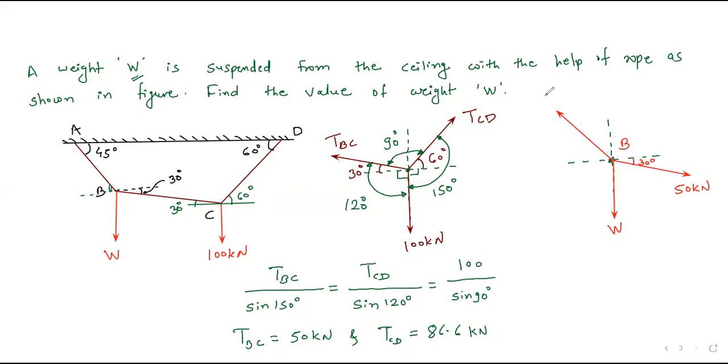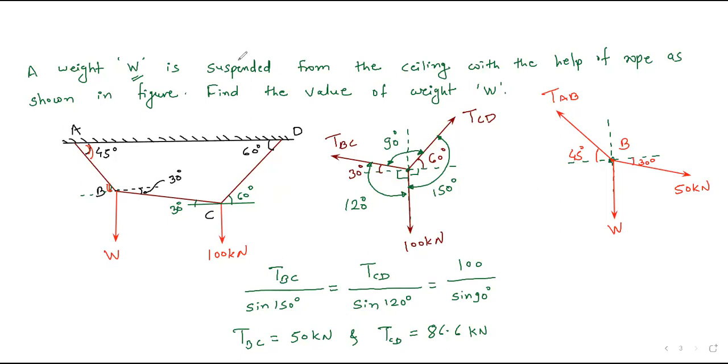So this is TAB. We don't know the tension, but this angle we know is 45 degree because these two are alternate angles. Like a Z shape there, between two horizontal lines. So it is the alternate angle. Now you can see all three forces are outward forces, so you can now find out the angle between the forces.